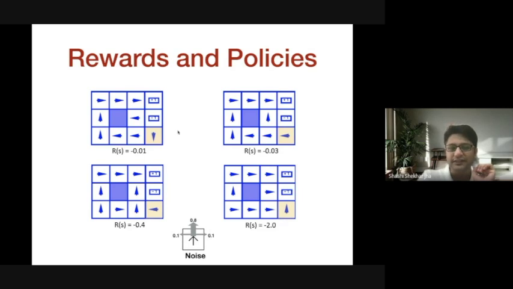Okay. See the first one, it is very interesting. In the first one, with the reward of -0.01, the best action in this particular state, which you can call the 4x1 state, on the bottom right, the best action that the agent found is to actually hit the wall, go downwards. How can this be the best action? Think about it. How come hitting the wall is the best action?